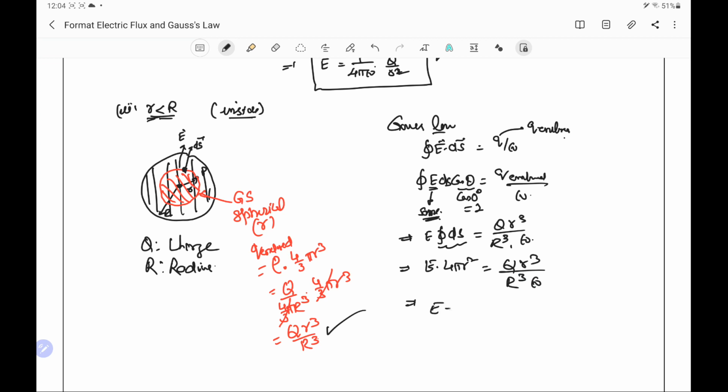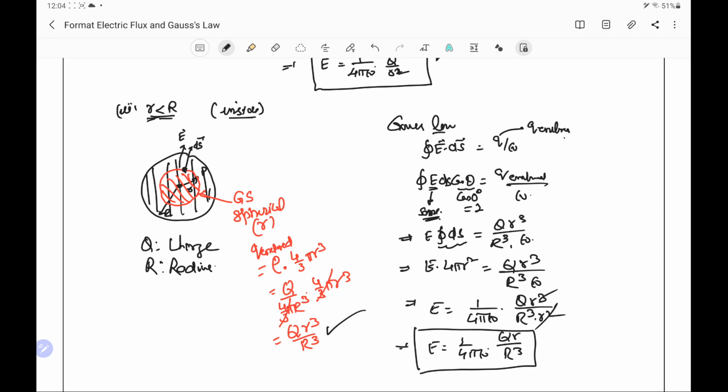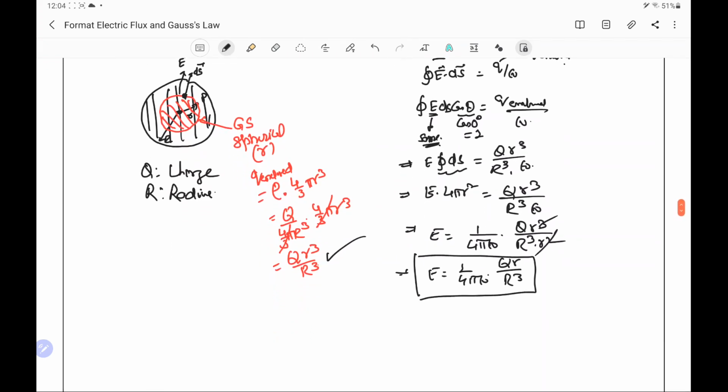Therefore, E will be equal to 1 by 4 pi epsilon naught, then Q r cube by R cube into r square. And this r square will be cancelled out by this cube, and remaining is E equal to 1 by 4 pi epsilon naught Q r by R cube. This is the formula of the electric field at a point inside the